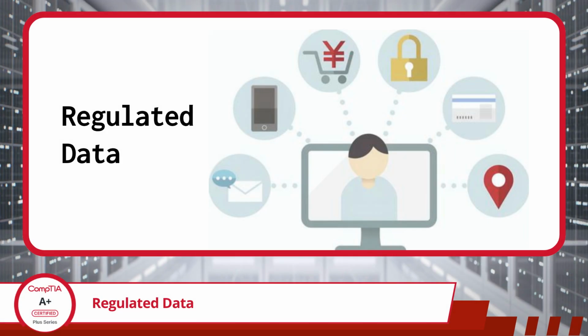Data comes in many forms, each with its own level of sensitivity and required safeguards. Public data is information that can be freely shared without risk, like a company's public website or a restaurant's menu. Private data, on the other hand, is confidential in nature, such as an organization's employee schedule or internal project plans. Finally, we have regulated data, which is subject to strict legal and industry standards due to its sensitivity and the risks associated with its exposure. For this video segment, we will focus on this third category, regulated data, and the measures required to protect it.